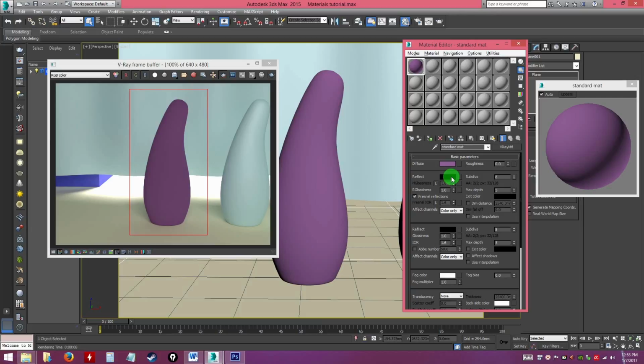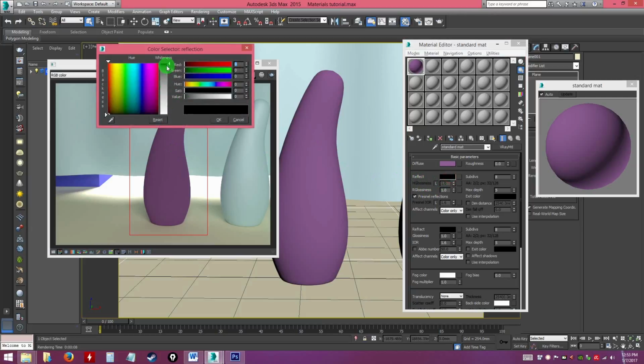Alright, for example here, if right now the color is black, when I render you get this effect. It is not reflective. So if you want to make it reflective, you have to click on it and play with the black and the white value. If I put it a little bit more white, not really pure white, just a little bit lighter gray like this, and I hit OK,